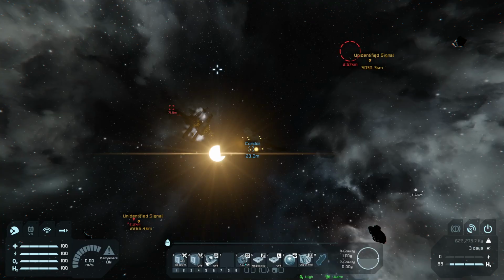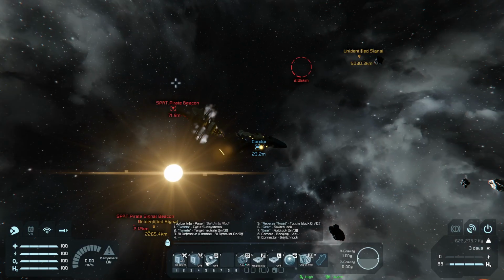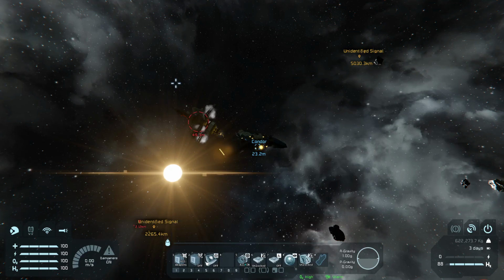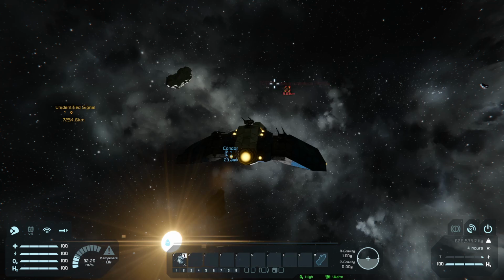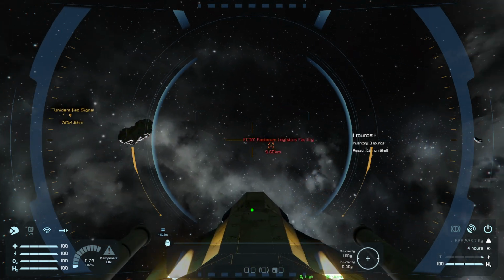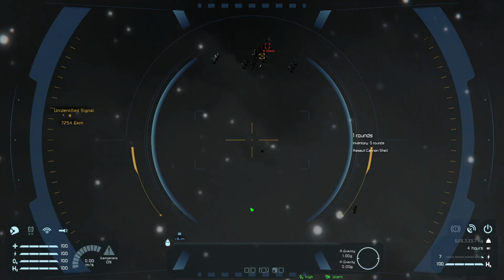Yeah. Let's see, should I go ahead and see what happens if we take this against the Factorum? Sure. I'll be right back. Just show you how badly that goes. Alright, here we are, 10k away from the Factorum Logistics Facility. This is going to go ahead and